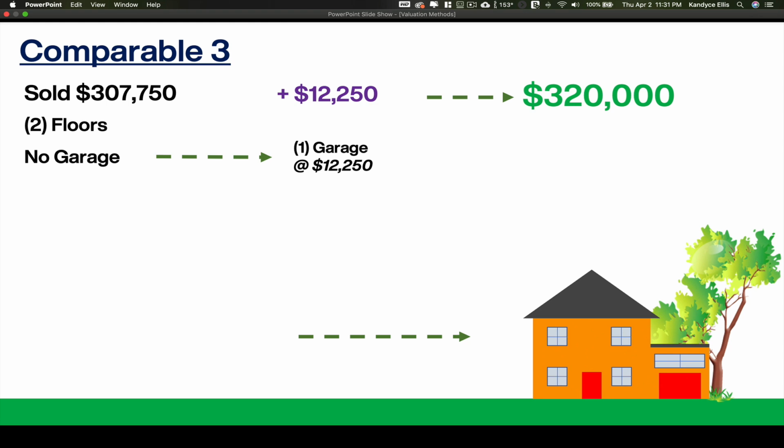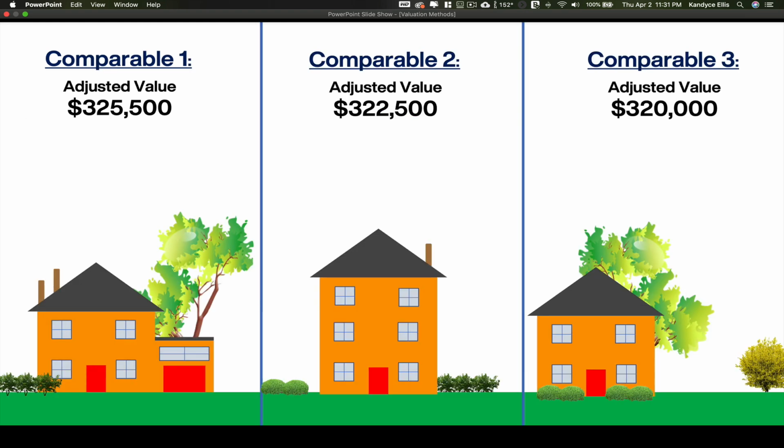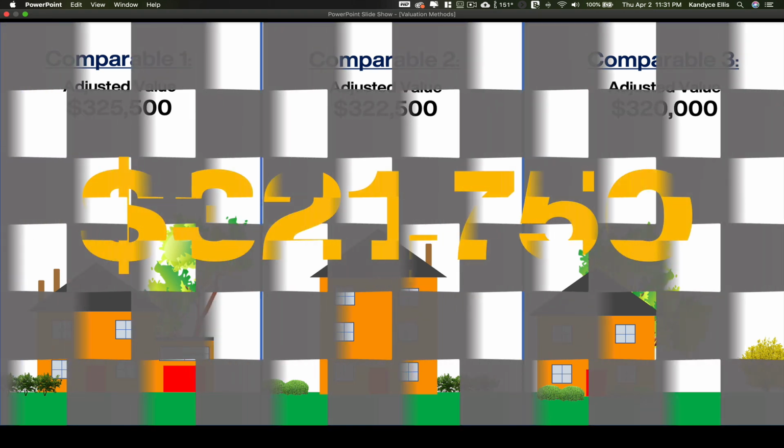Looking at all the data, the adjusted values of comparable properties 1, 2, and 3 would be $325,500, $322,500, and $320,000 respectively. Based on an appraiser's professional opinion and the adjusted values of the comp properties, the market value of the subject property could be